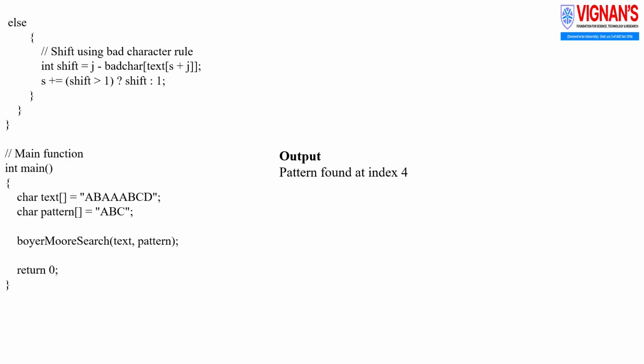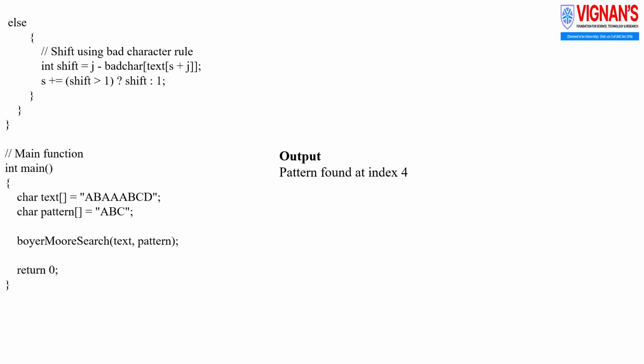Case handling: when a mismatch occurs at a specific position, for example position 7, and the character in the text does not exist in the pattern anywhere before that position, the algorithm shifts the entire pattern past that mismatching character. This is done because any alignment before that point would still result in a mismatch, making those searches useless.